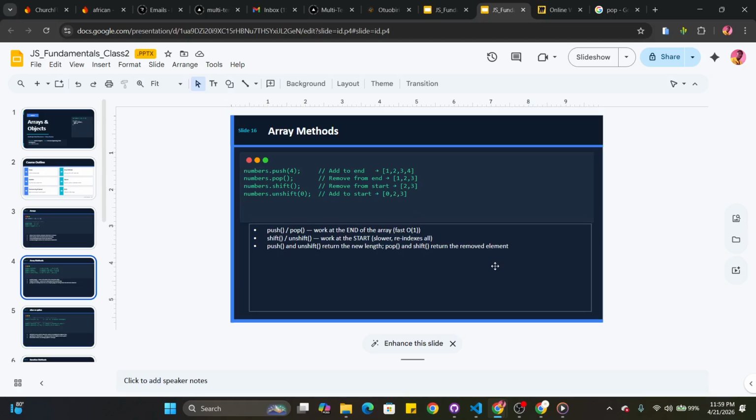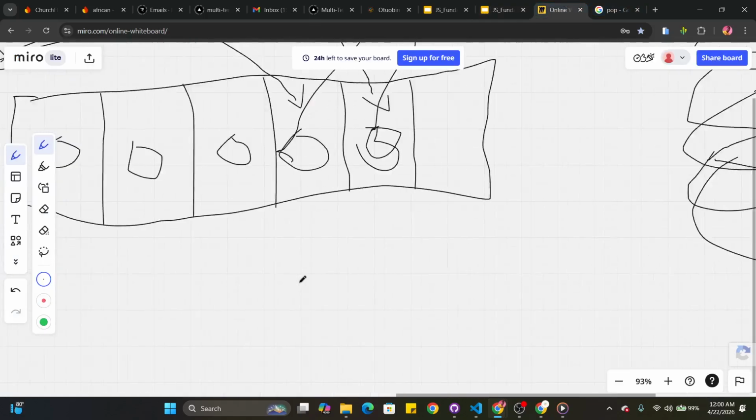Now shift, right? Shift is not like the opposite of push, right? So what shift does is that it removes the first item from the start of the array. It removes the first item. Take note of this. It removes the first item from the start of the array. Just understand the English. So what that means is,